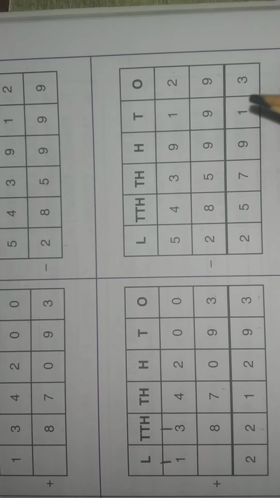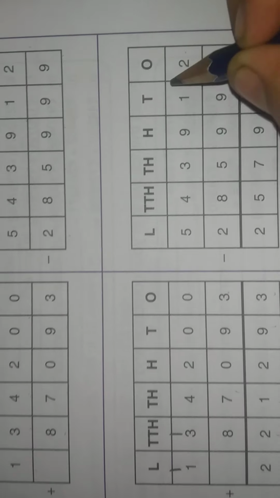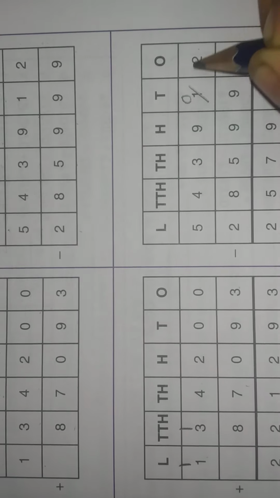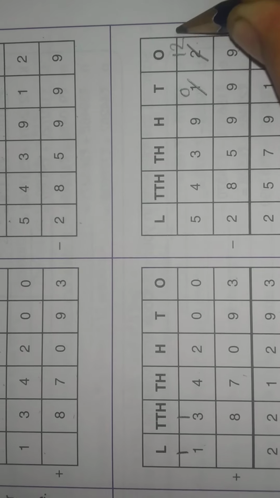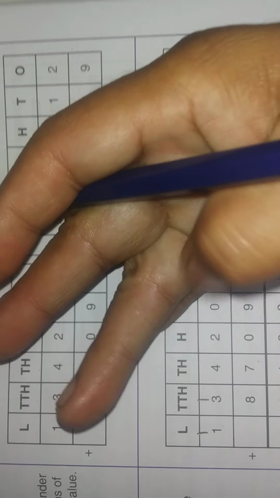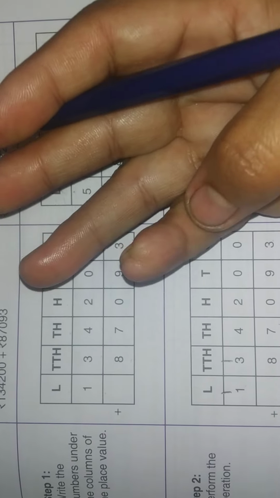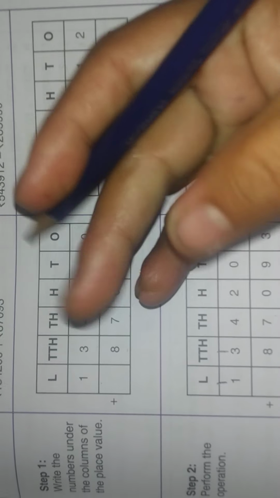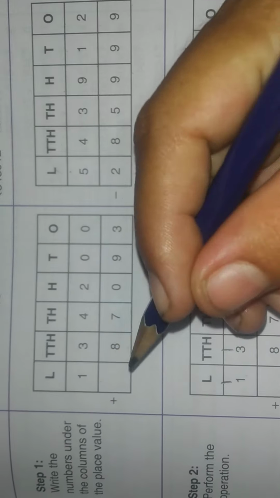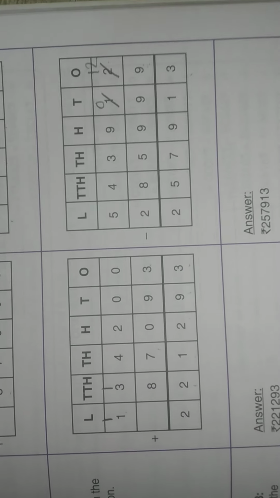But here we have to do subtraction. So 2 minus 9 is not possible. Cut 1, write here 0. Cut 2, write here 12. 12 minus 9, 12 on your finger: 1, 2, 3, 4, 5, 6, 7, 8, 9, 10, 11, 12. Cut 9. 1, 2, 3, 4, 5, 6, 7, 8, 9. Remaining number is 1, 2 and 3. So what we have to write here? 3.